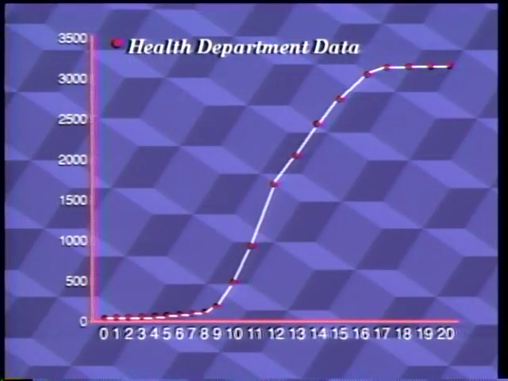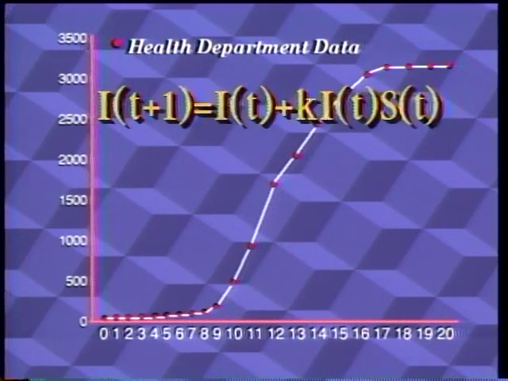Once again, here's our data. Now let's see if we can create a model that gets us a little closer to realistically describing the behavior of our contagious disease. Now let's say that I of t plus 1 is equal to I of t, as before, plus the product of the infection rate k, the number of infecteds I of t, and the number of